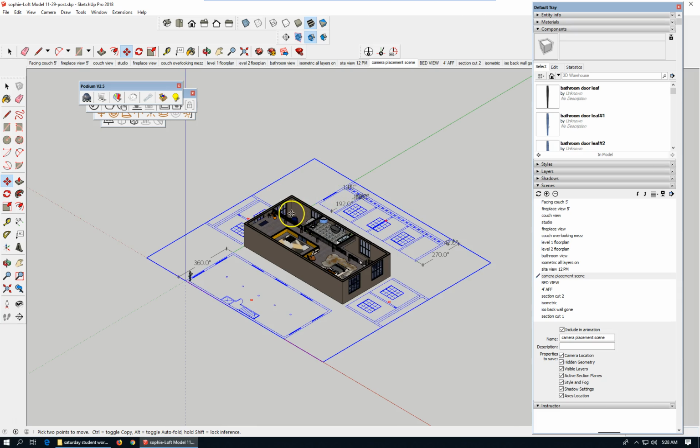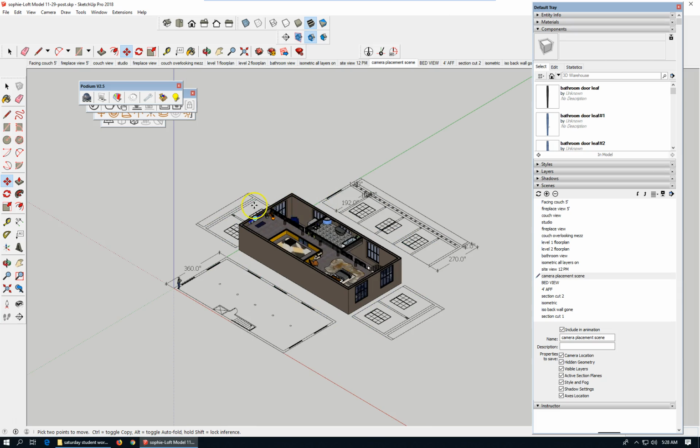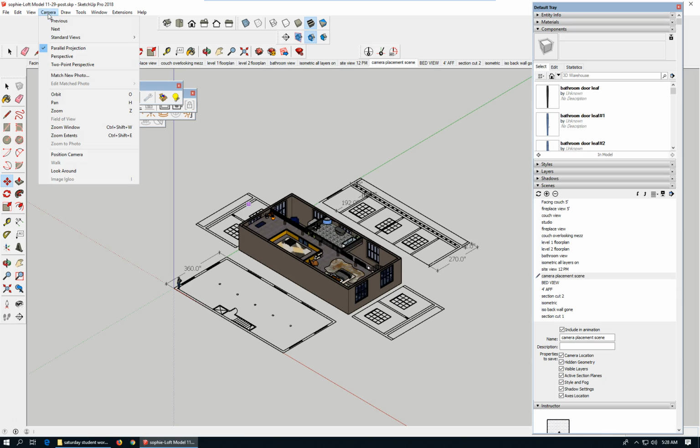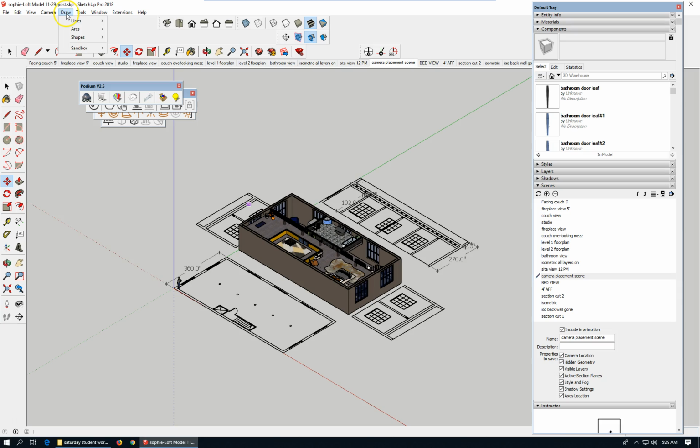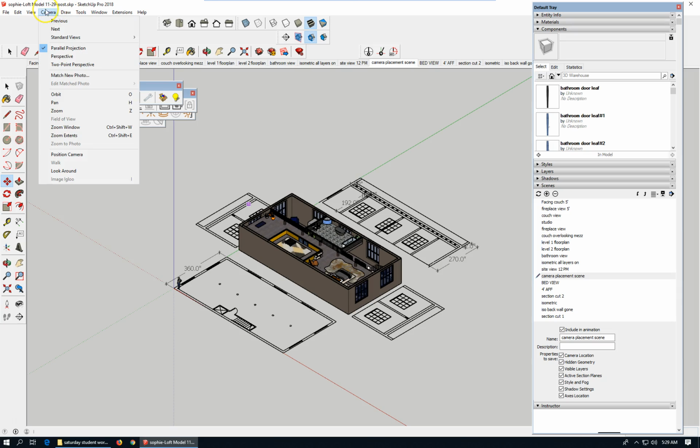Now that that file is saved, remember that the section is always going to be cut. That section cut is at 12 feet. Anything above that, any geometry, any part of the model above 12 feet will not be visible, including when you're trying to place a camera. You have to keep that in mind, that you can't see past that, at least not while the section plane is active. So camera,